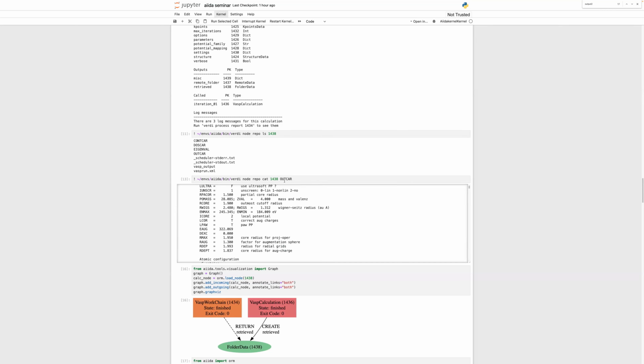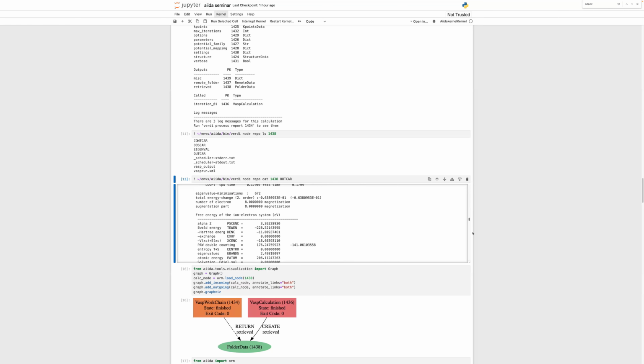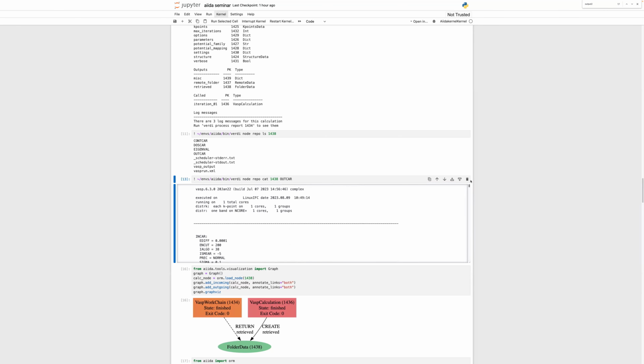and if I want to look at what is inside this file, I can do verdi node repo cat, and then 1438 for the node and the name of the file I want, and here's the entire output file. So this is nice because the entire file of the calculation is stored for future reference, and these are just text files, so they generally are relatively small,